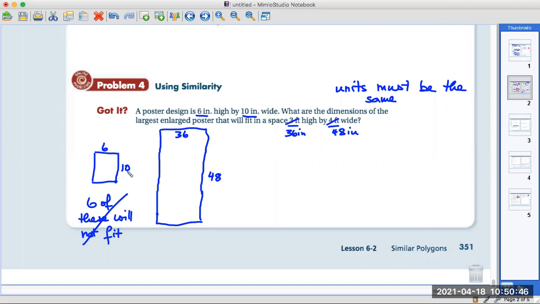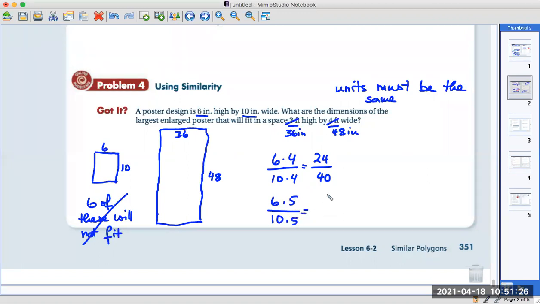So there would be 4 this way, because if it's 5, it would go up to 50. So let's see, 6 over 10. If my scale factor was 4, it would be 6 times 4, it would be 24 by 40. That would be the maximum, because if I do 5, scale factor 5, scale factor, by the way, is a multiplier,